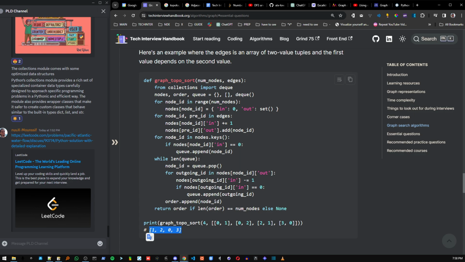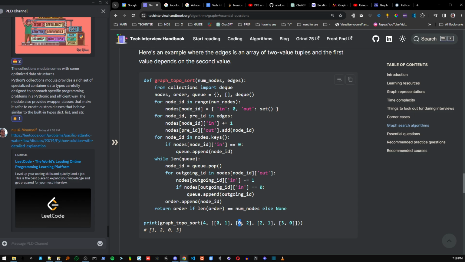So it gives us this output, which means I need to finish 1, then I can go finish 2, then I go to 0. If I didn't do 1 I can do 2, if I didn't do 2 I can do 0. And I believe to do 0 you have to do 1,